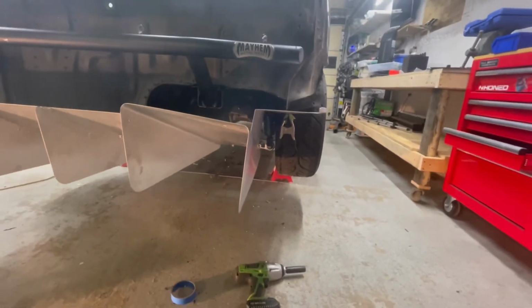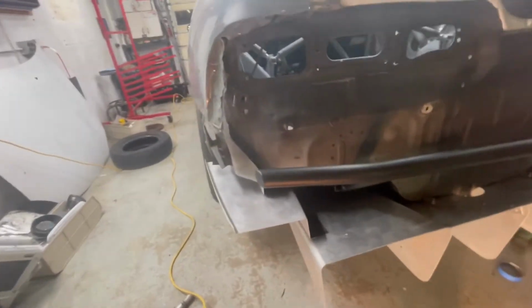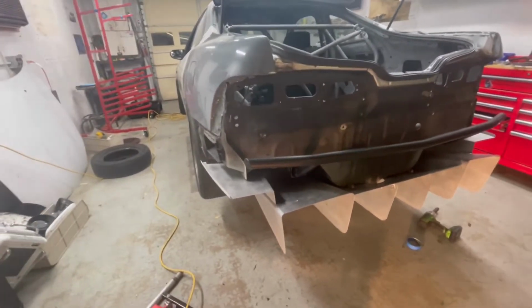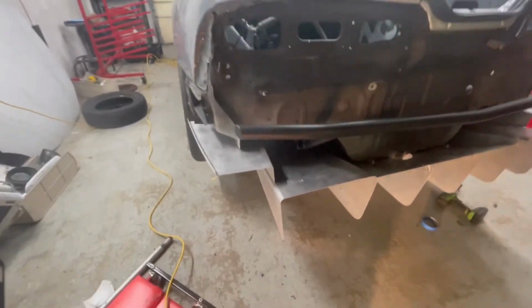Alright, so I kind of got them mounted up. I don't know if they're in the right position or not. Hopefully they are, because I want to try to slide the bumper on, because then I can try to reach up inside of it and hit it with a paint marker so I'll know where to trim the bumper. But basically, I used